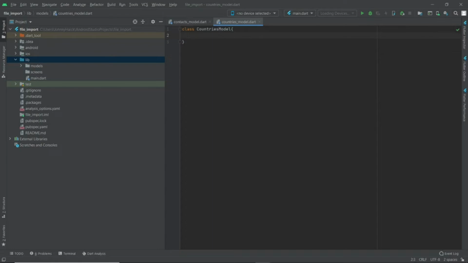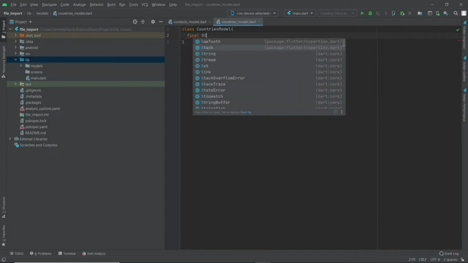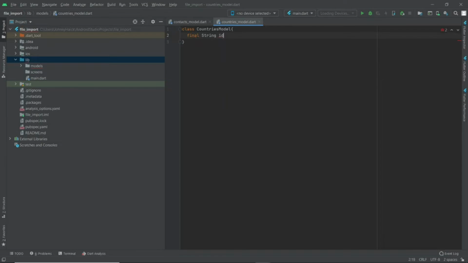Then I'm going to declare two variables: a final string id and then a final string name. The reason why it's giving me this error is because the constructors are not created. So let me just create the constructor. Great, and that's it. Let me move into my contacts class. Contacts, similar thing. Let me add a model. Yes, final string